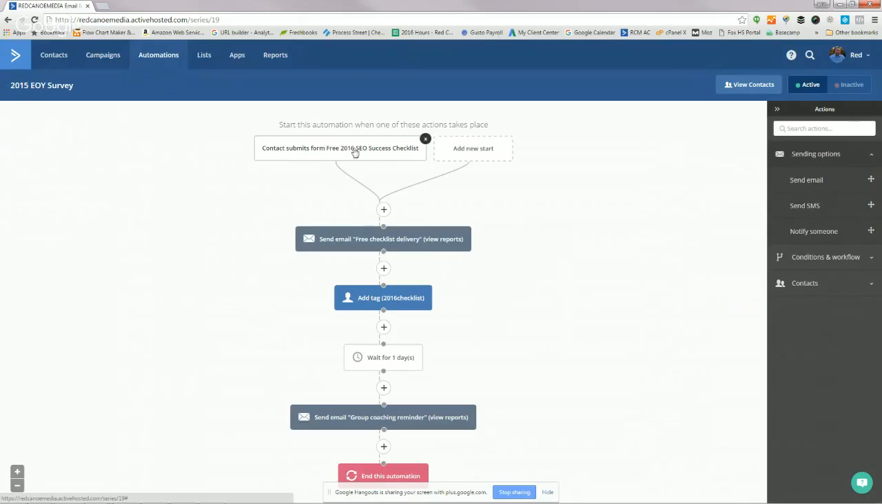So if that person filled out that form, I built an automation to do some things behind the scenes. First of all, send them an immediate email, of course, that says, hey, here's your checklist you asked for. I hope I can help you out. Have a great day. It's just the checklist delivery that I promised. The next thing I do is immediately add a tag to that particular contact, 2016 checklist. So if I want to go back and find those people that filled that out, I can email them. I can do other things with them. But now they're tagged. Then I wait for 1 day, and then I send them a